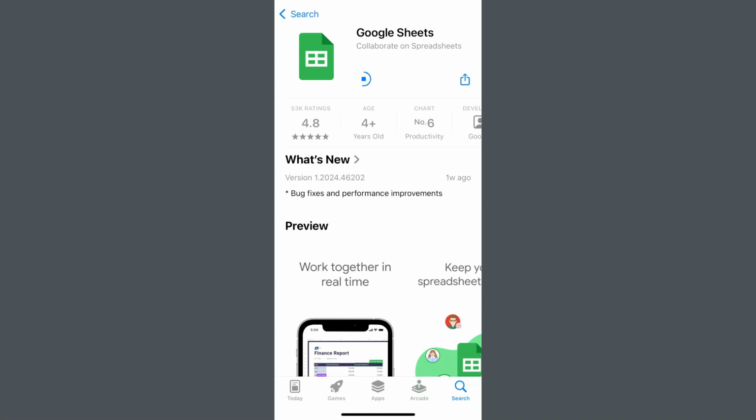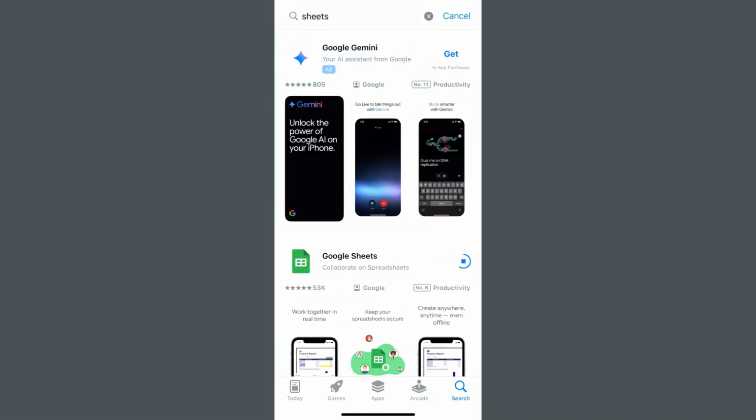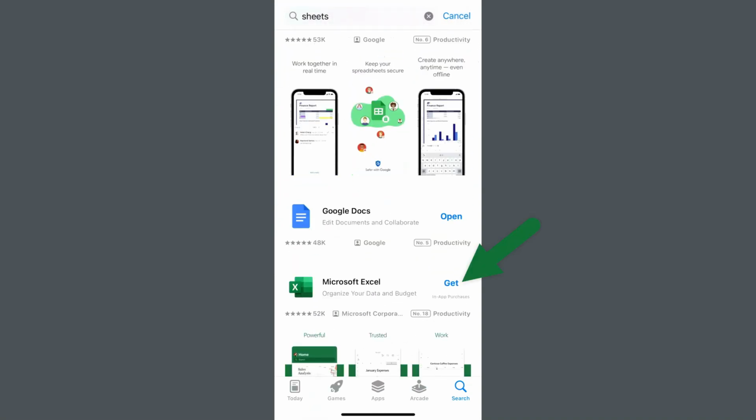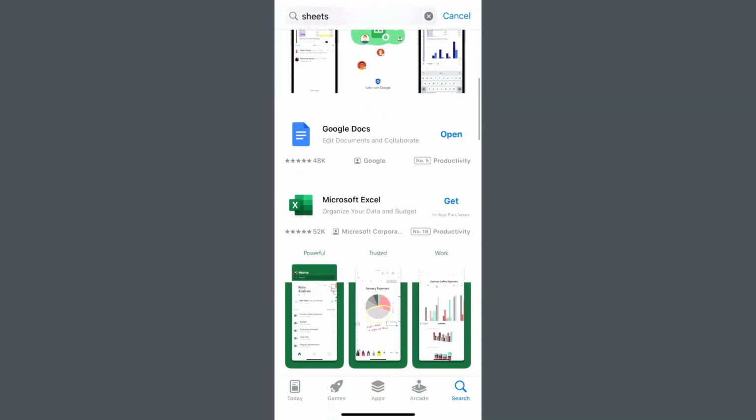Now, if you're trying to download this for the first time, you'll have something like this where you have the option to just get it. If we do try and tap on get, this is just an example. Let's say we're trying to do Microsoft Excel. If we tap on get,